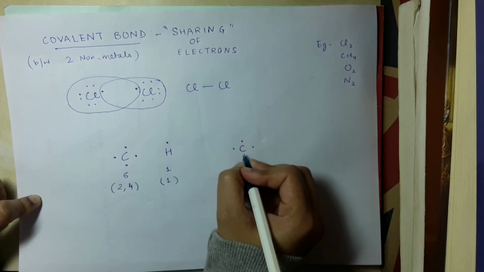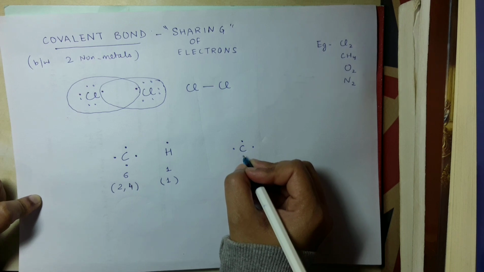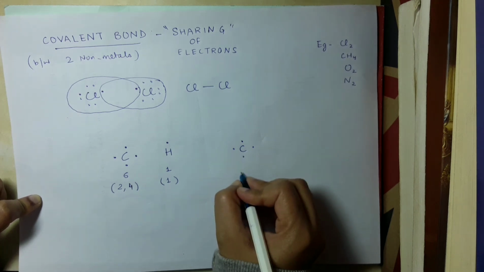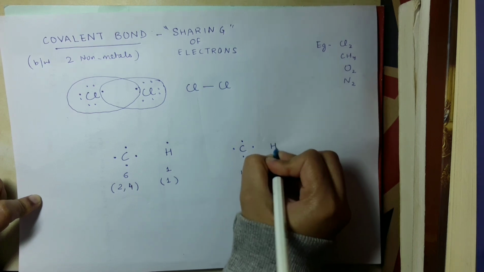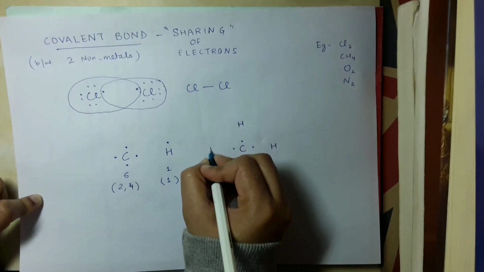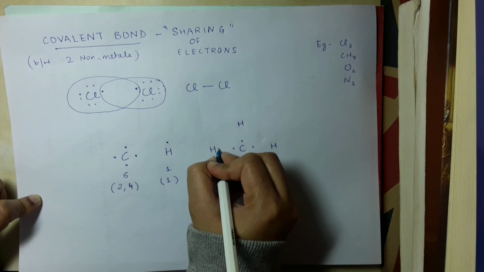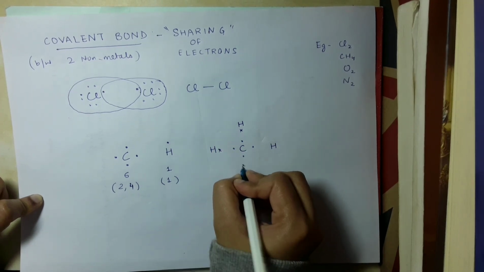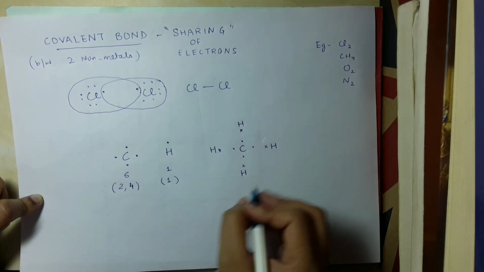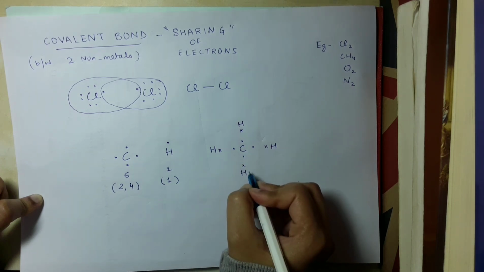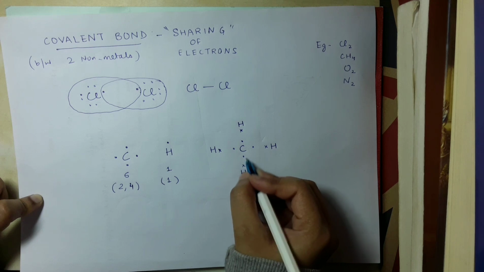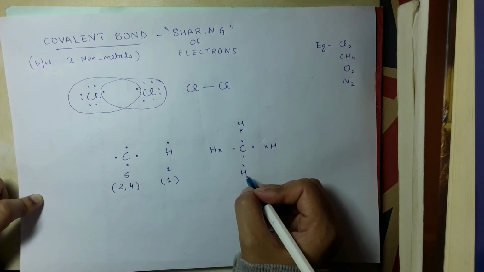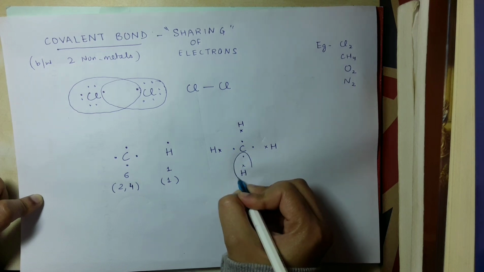It wants to achieve the noble gas configuration, and it wants its last shell to have 8 electrons. So what it will do is form bonds with 4 hydrogen atoms, and each hydrogen atom has its own electron, which I'll draw as a cross. H needs 2 electrons in the shell to become stable, because K is the last shell in this case. So it becomes,